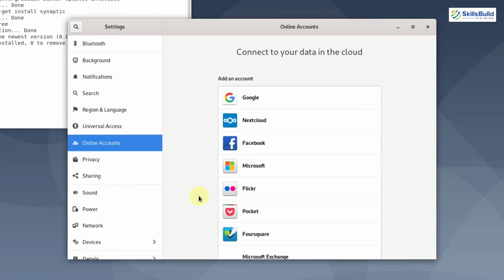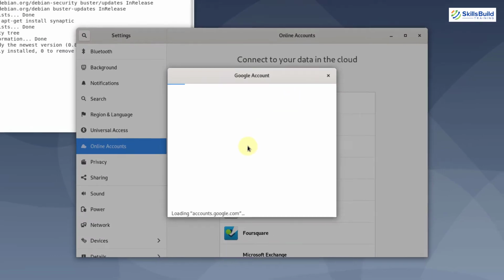The benefit of doing it is we do not need to open our browser if we want to access any of these accounts. We just need to add our accounts here and we will be able to access them from here, and there is no need to open your browser. And because of that, as we are not opening our browser, our system will use fewer resources and will perform better. So this is how you can add your online accounts here. So just click on it and after that add your account here.